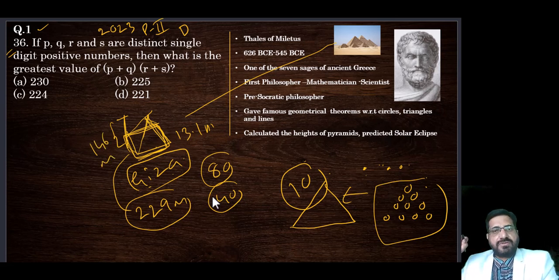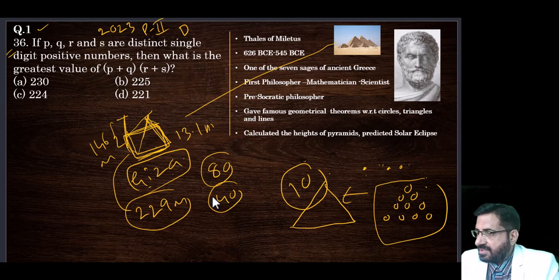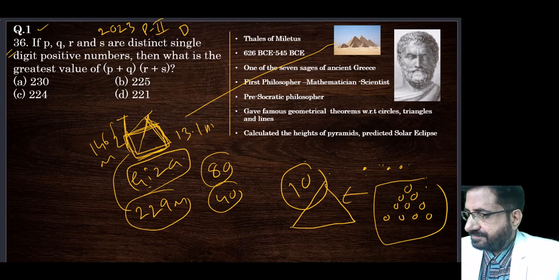So it all started with geometry. In 2500 BC, people were not so used to the numbers which we are using now. So it's all about shapes and measurements and geometry. Now here, this question, if I ask you,